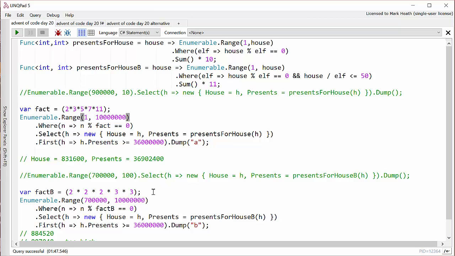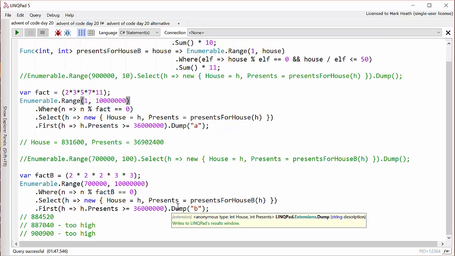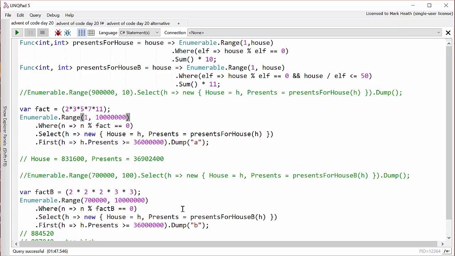And so I ended up doing a little bit of experimentation, just looking at small batches of number of presents for 10 houses around different high numbers to try and get an idea of what sort of numbers were getting the highest values. And in the end I settled on deciding that the house number would probably be divisible a few times by 2 and 3. And that speeded this up just enough, and also only started searching at house number 700,000, again to speed things up a bit. And that got me to my right answer, but it did take about a minute and a half to run,